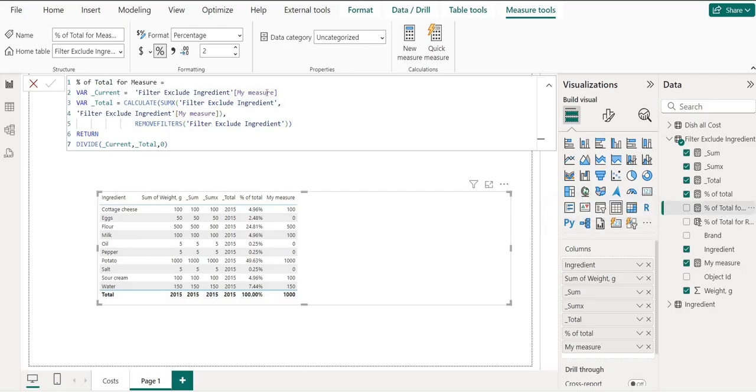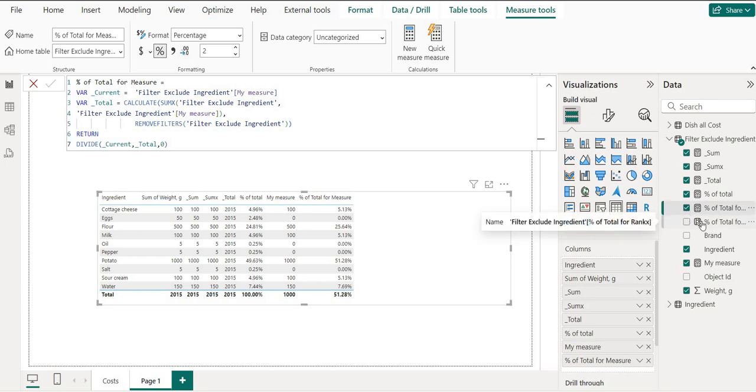So the current would be the measure, the total would be sum x for the measure, including remove filters, and let me put it in the table. That's a second option. And the last one for you would be the percentage of total using the rank x,